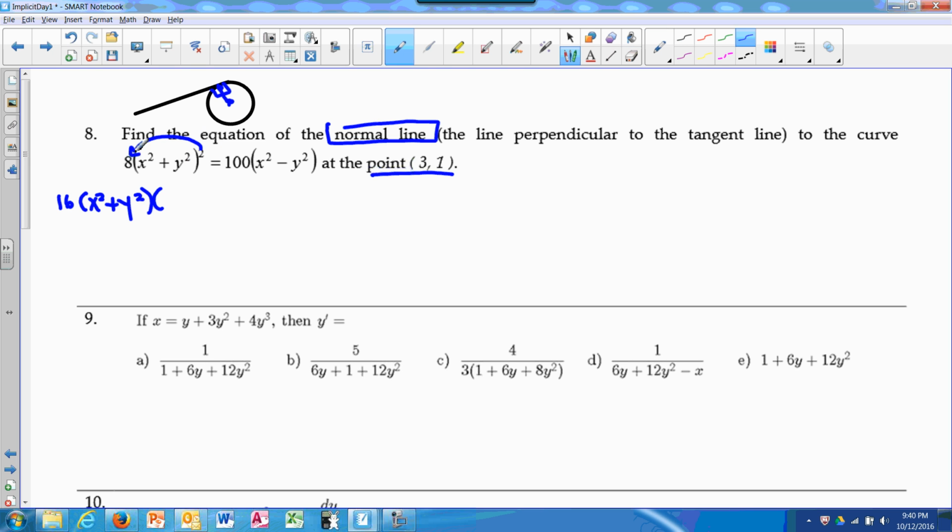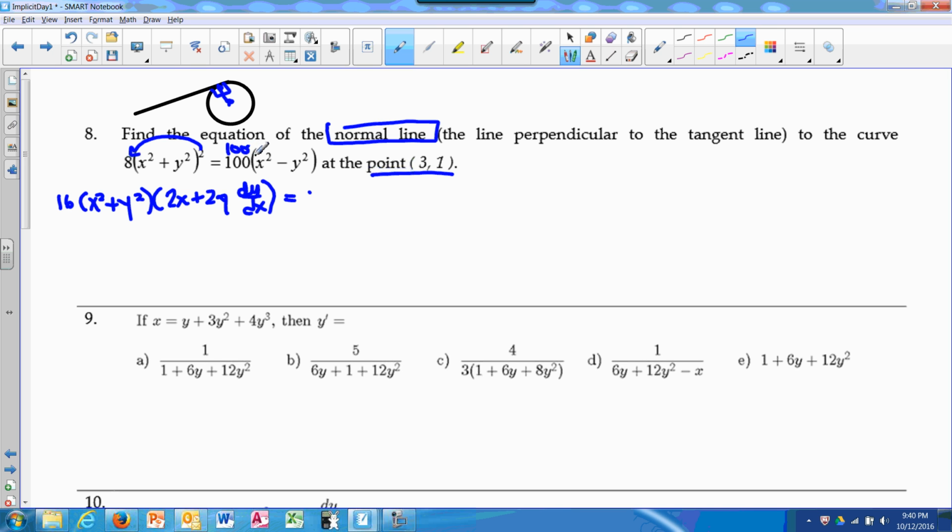Okay, so now the 2 came down, we made 16. X squared plus y squared is now to the first power. The derivative of the inside must be in parentheses. 2x plus 2y dy dx. So that's the first part that we've done the derivative of, was just this part. We didn't take a derivative over here of the x squared plus y squared. That was our guts. So we brought it down, kept the guts. No dy dx here. Times the derivative of the inside equals, now this one you could kind of think of